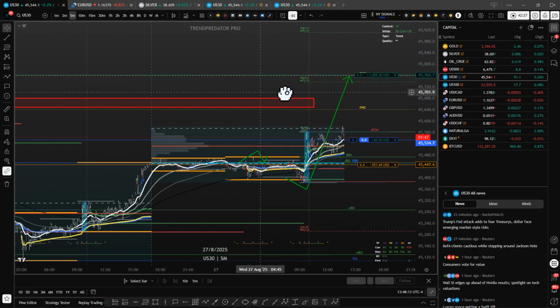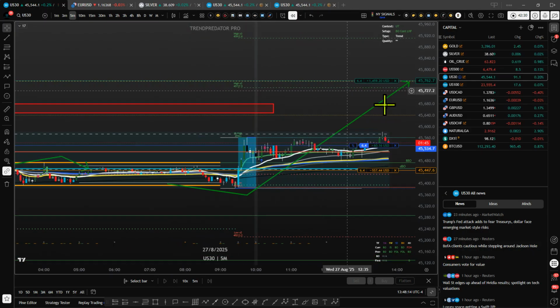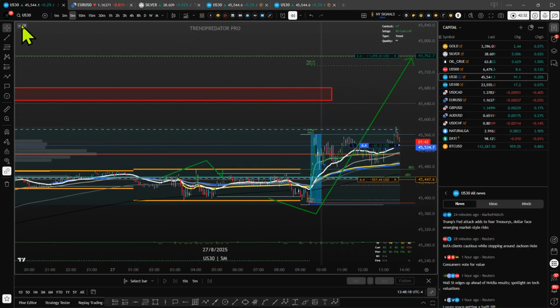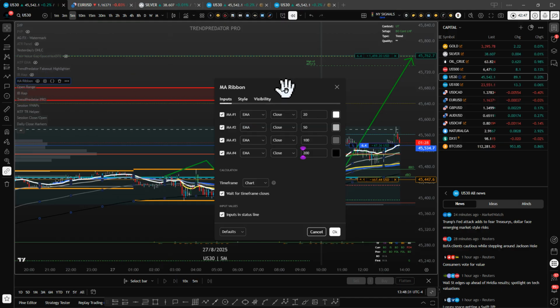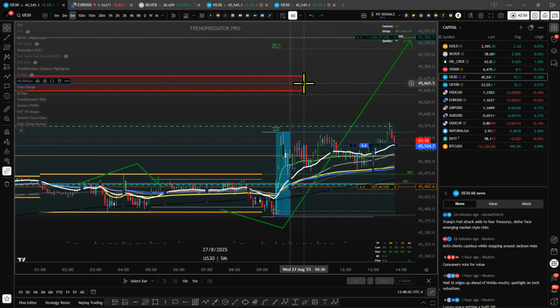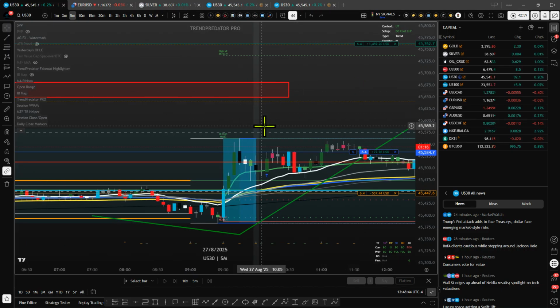What I'm doing is I'm using the opening range, and I'm also combining it with an EMA ribbon. Where's the EMA ribbon? It's an indicator. Where is that? Bear with me. MA ribbon. Okay. And I've got it set to EMAs, the 20, 50, 100, 200. I've got them color coded to how I want to see them on my chart. And as you can see, when I'm getting into this position here at 10:15, the close of that candle,